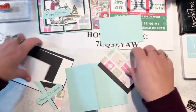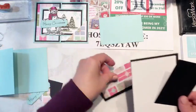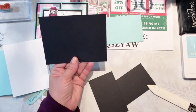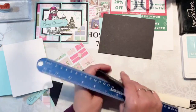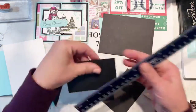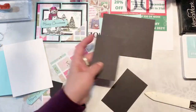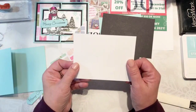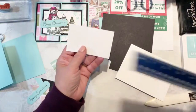So now I have a lot of layers on this card. Let me start out with the basic black. This one is 5.25 by 4. And these 2 pieces, you need 2, I think they're the same. Yeah. 2 pieces that measure 4 by 2.5. We have basic white, 5.25 by 4. And another piece,